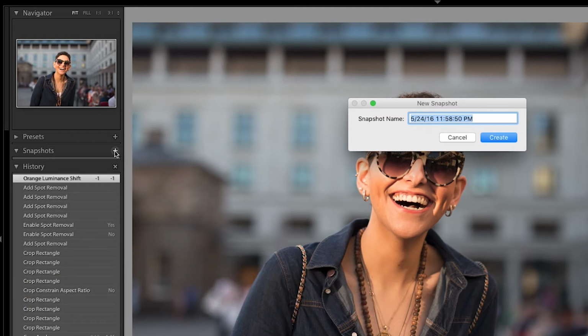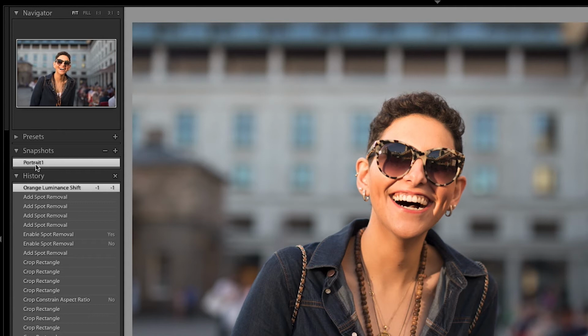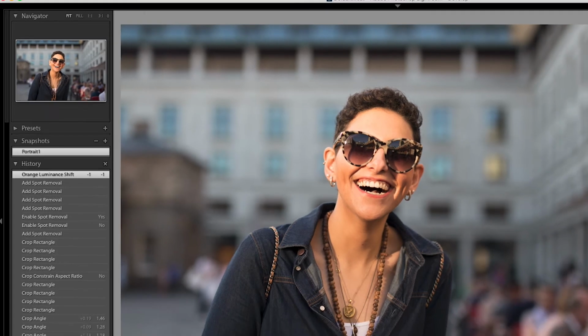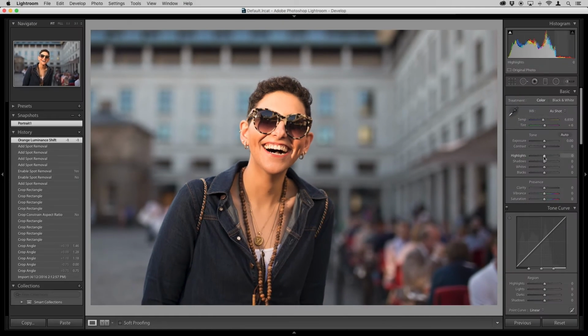And as you can see, as soon as I click that, it says, what's the snapshot name? And it can either put the date and time by default, or I can type whatever I want. So let's just say portrait 1. Now, if I click create, it will create a snapshot called portrait 1. Now what I could do is say, all right, well, now is the time to play